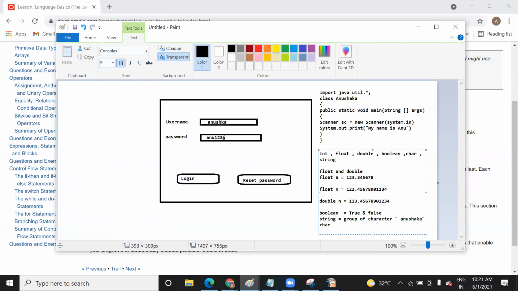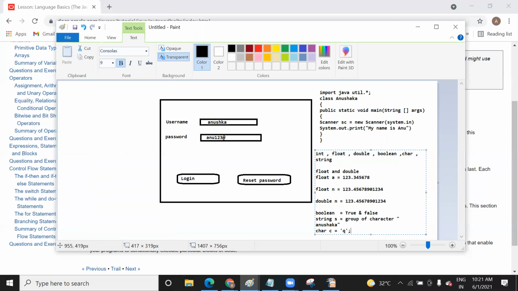And if I say character, that holds only one character. You declare a character value inside single quotes, single inverted commas, just like this.